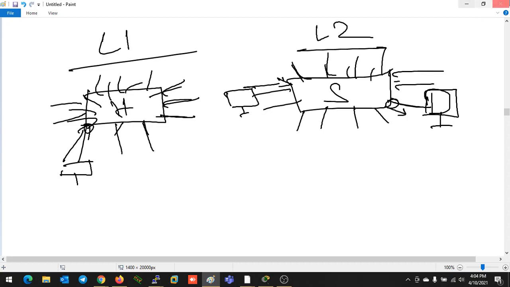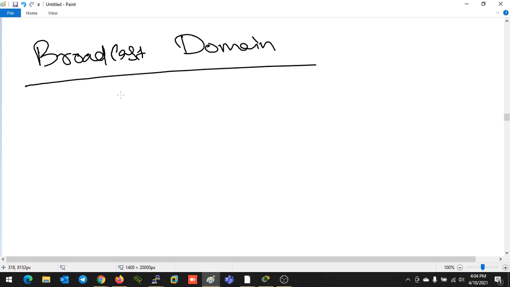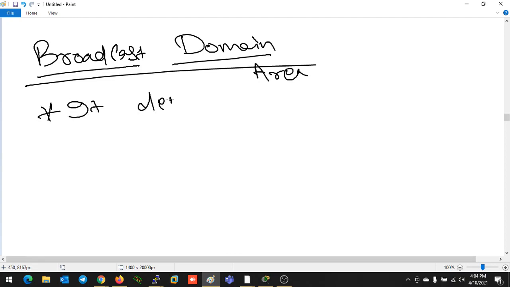Now we will talk a little bit about broadcast domain and collision domain on a switch. So what is a broadcast domain? Two words are here. The first one is broadcast, the type of communication I told you about. Domain means nothing, you can just understand it like an area. So what is a broadcast area right now? Broadcast domain defines an area